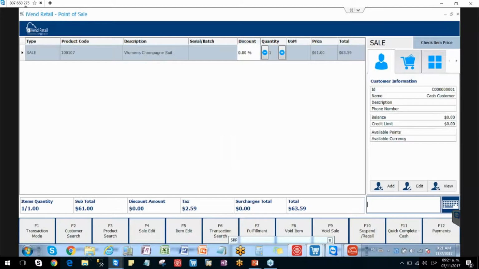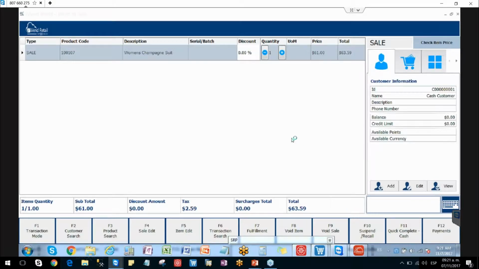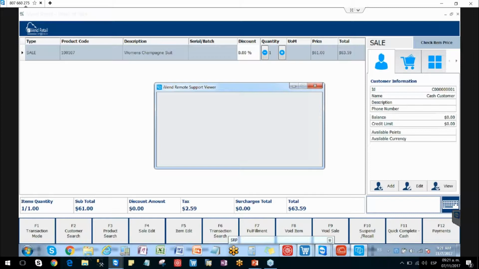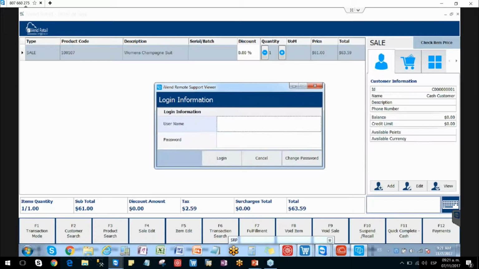The way you do that is you use the configuration manager, and then you start your remote support viewer and remote support client. So you start these options and you log in, and it's basically a very convenient way